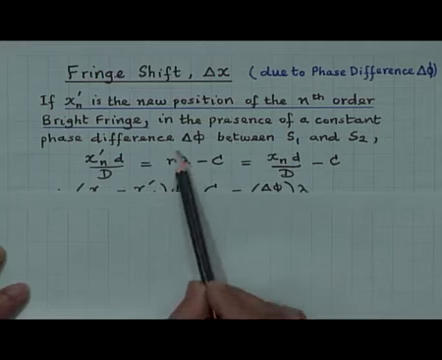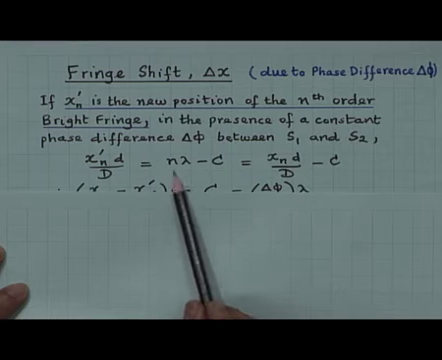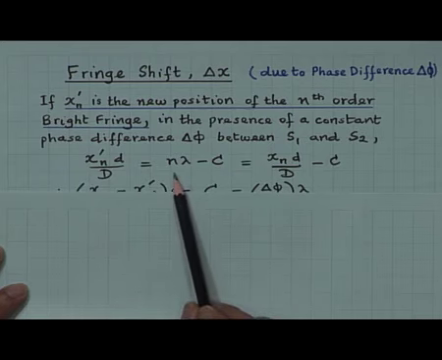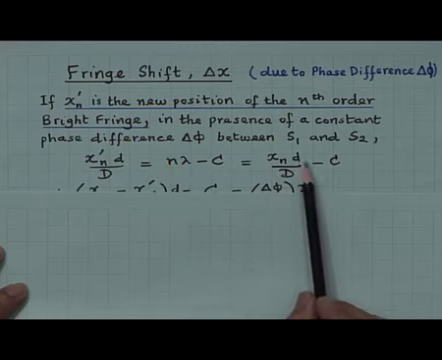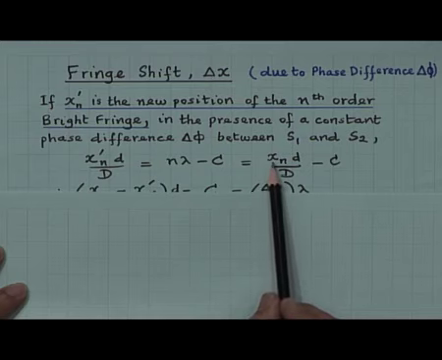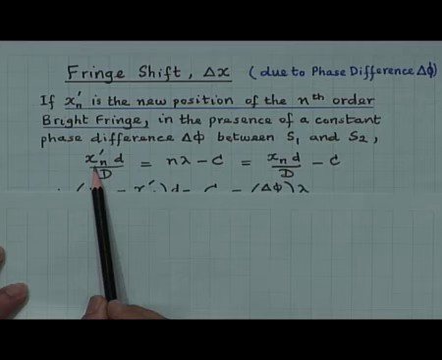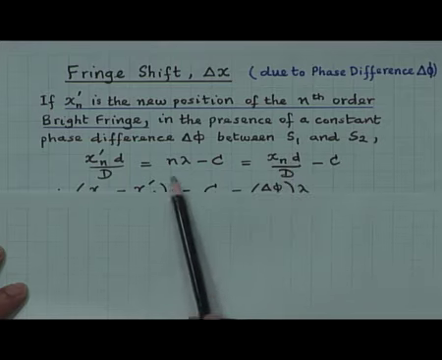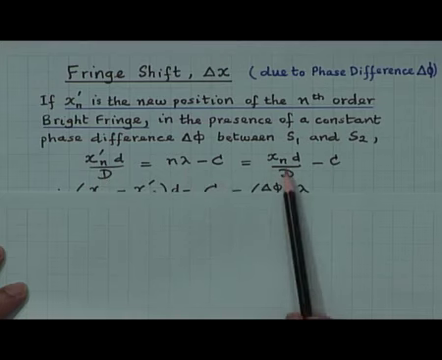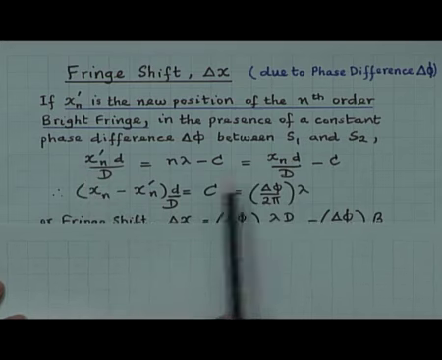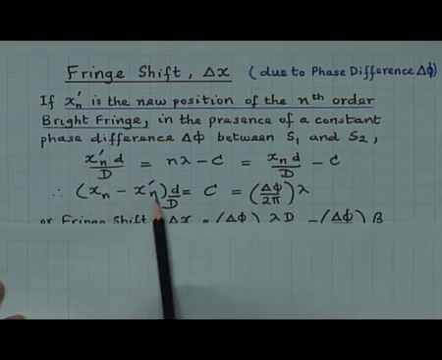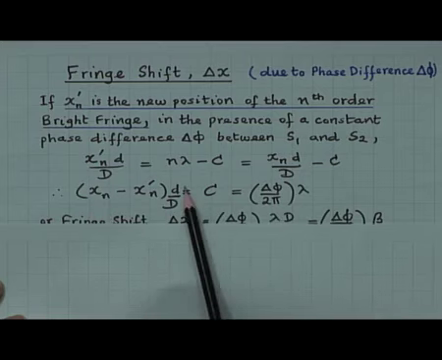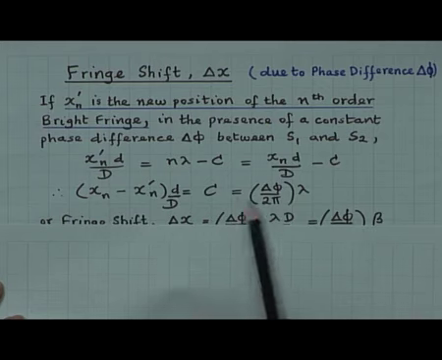Remember that x n into d by D was equal to n lambda when there was no phase shift, when delta phi was equal to 0. Therefore, for n lambda I am substituting x n d by D, the original position of the nth bright fringe. Now, the nth bright fringe has changed to a new position x n dash, but the original position x n is here, and then this into d by D is n lambda. Therefore, we have replaced this by this minus c, which means if I take the x n to the other side, x n minus x n dash, that is the fringe shift, the shift of the nth fringe, x n minus x n dash into d by D is equal to c, the constant, which is equal to delta phi by 2 pi into lambda,